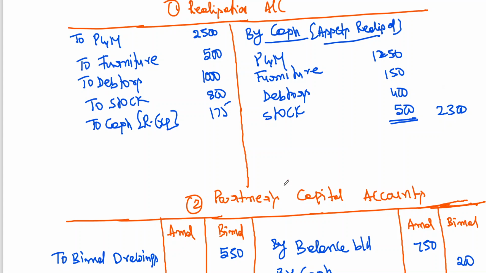Now what we can do first, we can close as usual. We can close the realization account. Then we can come back to closing of all other accounts. Realization account I am closing here. Obviously debit side total will be more. 2500 plus 500. See, Garner vs Murray is applicable when only one partner has become insolvent. Here in this case the entire firm has become insolvent. So no need to apply anything.